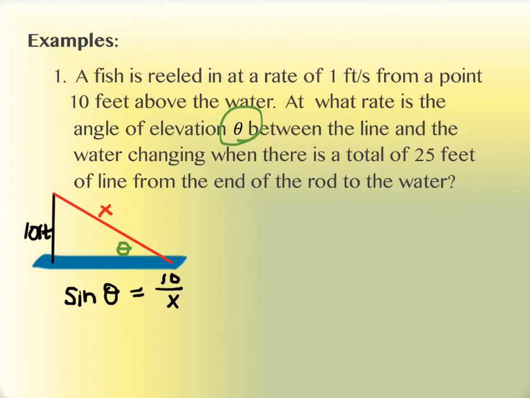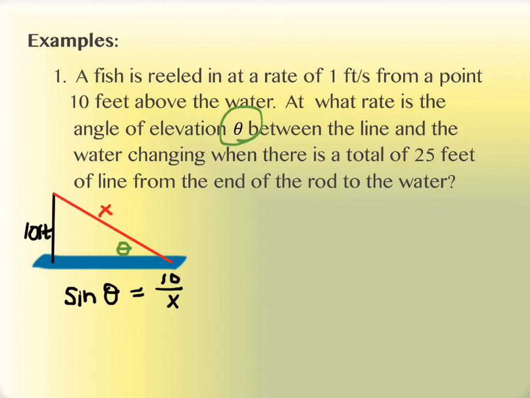Okay, does that make sense so far? We've put in the piece that never changes, the 10. We're not putting in the 25 because that 25 is not always going to be the length for x. It just is at one point in time, and we will put the 25 in for x, but not until the very end. But the 10 we can put in right now because it never changes. So if some piece of the information never changes, you're allowed to go ahead and evaluate that in the beginning, but not if it's a changing value. All right, so